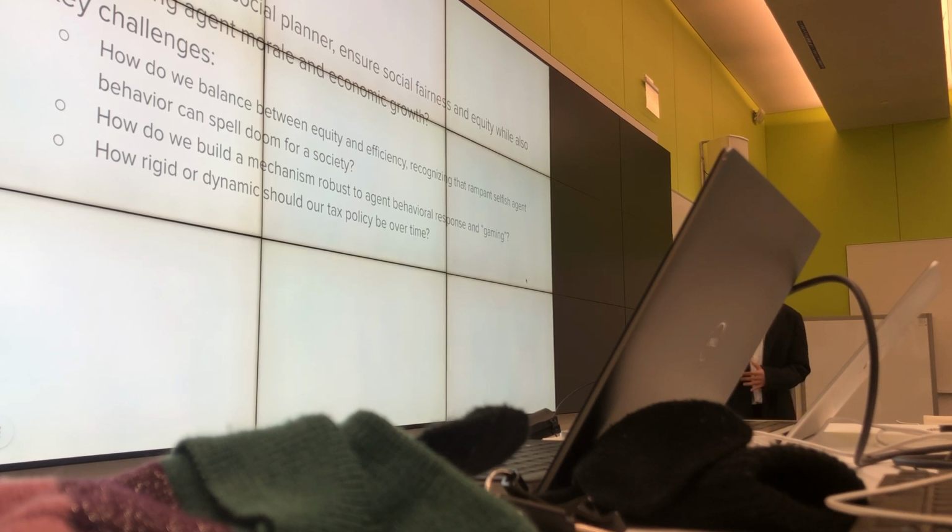And then how do we build this mechanism such that it's robust to agents trying to game it? For example, if I had all these different tax brackets, maybe I'll try to get just at the barrier in between two tax brackets, so I get taxed less, right? In a typical economic model, there are so many ways to game the current U.S. tax system, and this is a very known thing. So the idea is that if we can build an agent that can respond to this and is dynamic, then maybe this can help with gaming. And this has to do with our last point here as well.